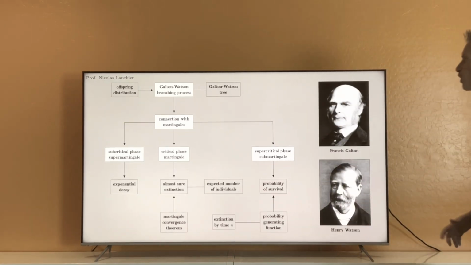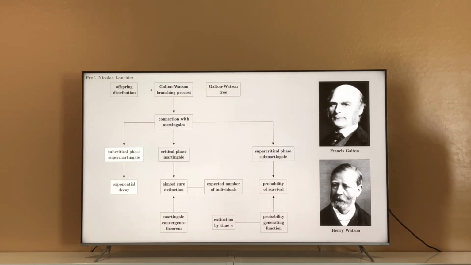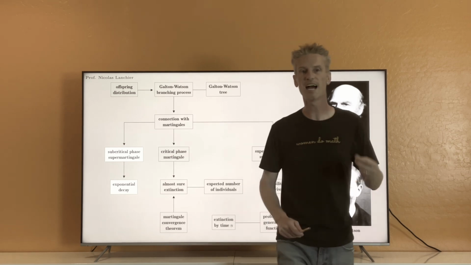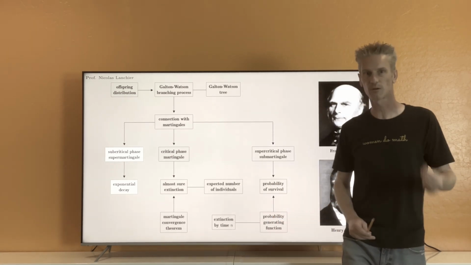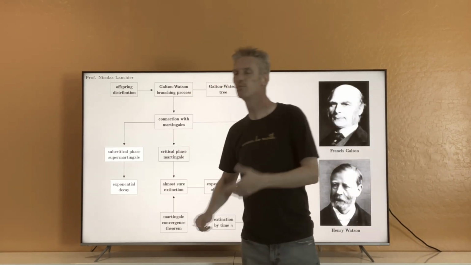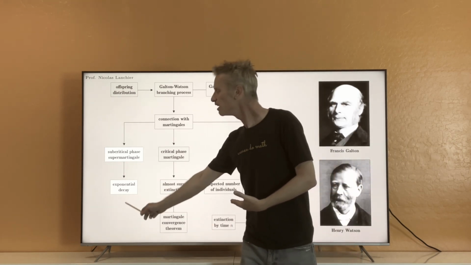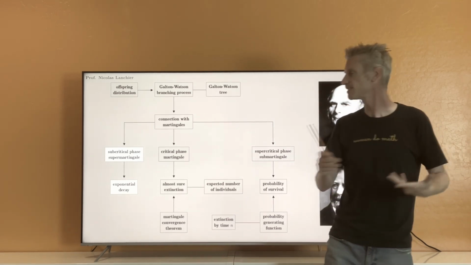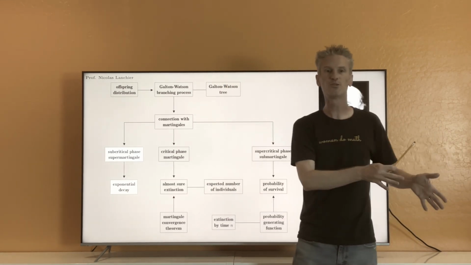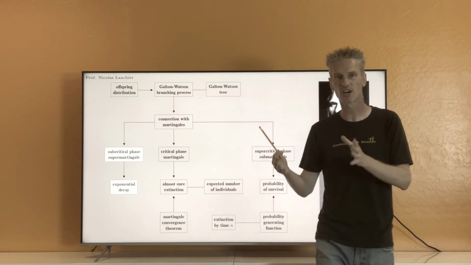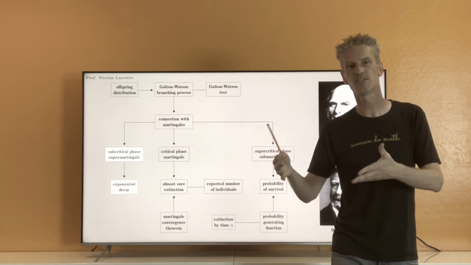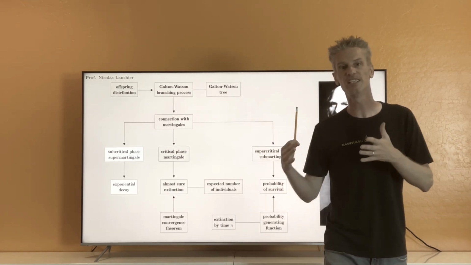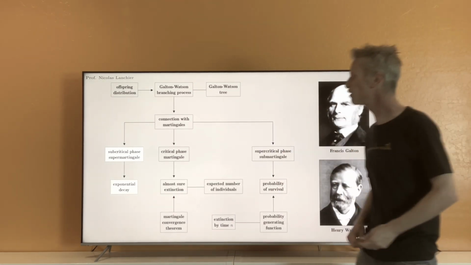Looking first at the subcritical phase, it's extremely easy to prove that not only do we have extinction of the process with probability 1, but also exponential decay. That means that the population is going to die out exponentially fast, in the sense that the probability that the time to extinction is larger than some integer n is going to be less than a function of n that goes to 0 exponentially fast.